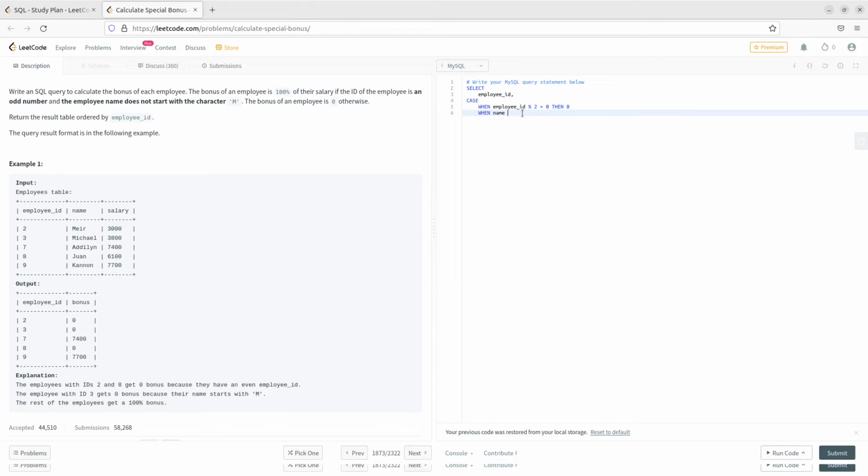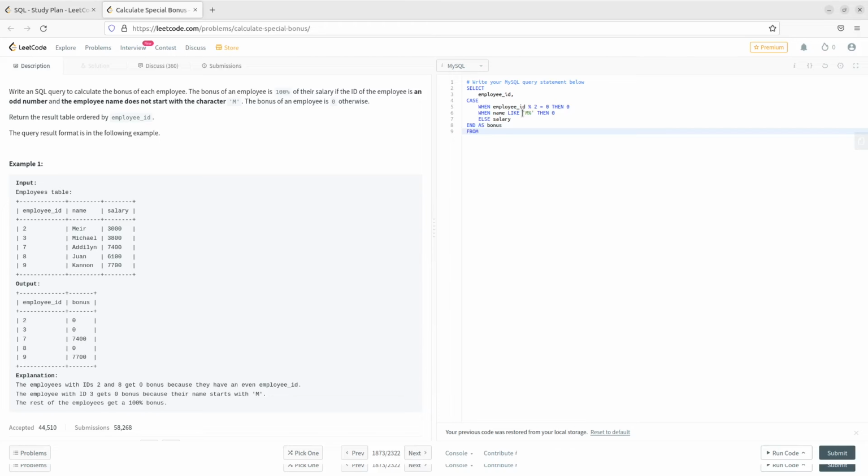When name is like M and anything after M, then 0, else we'll have the salary itself, and we'll end this as bonus